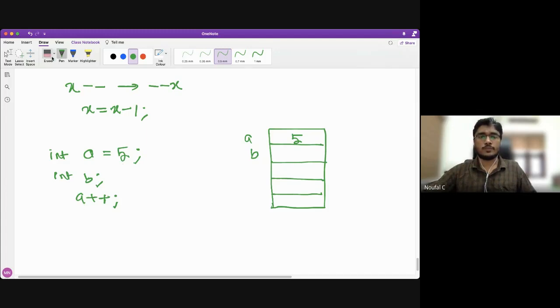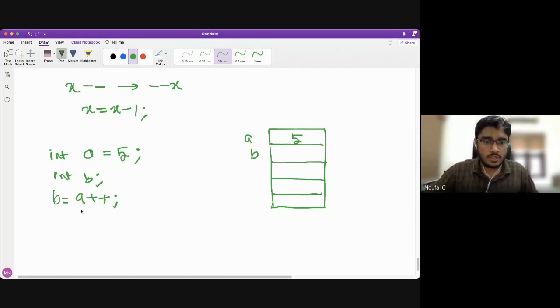If I just write A plus plus, there is nothing to think about. The value of A will become 6. But other than doing just an A plus plus, suppose I write B equal to A plus plus. Then things get a bit interesting. If I write B equal to A plus plus, it will first, you listen carefully,